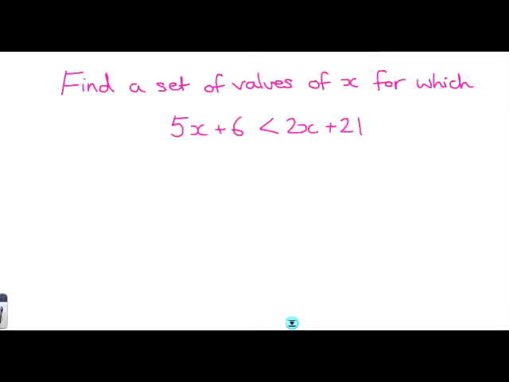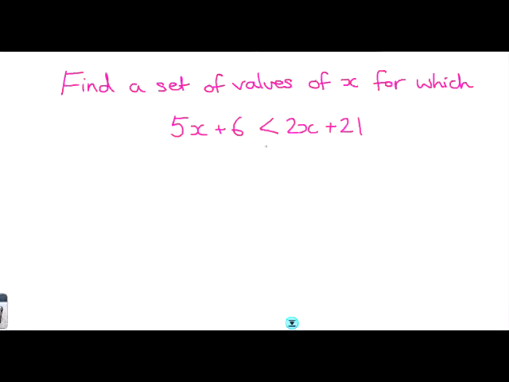Hi guys, in this video we're going to have a look at how we can find sets of values of x for different inequalities. When I say values of x, it's only because we're using x in the question. If it was k in the question, we'd be saying values of k. You should have seen this before: basically you have letters and numbers with an inequality sign,